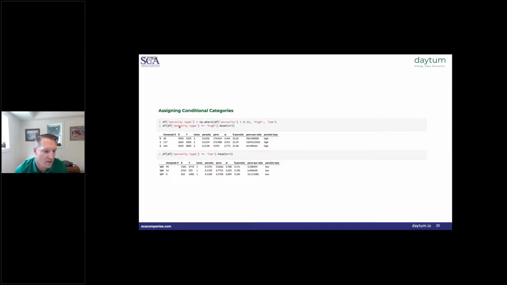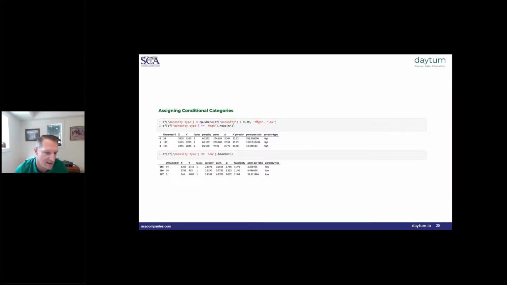We can also use some NumPy commands to create conditional categories. In this case, we use this NumPy where command, which allows us to basically do a comparison. So we're going to say wherever the porosity column is greater than 0.12, we want to assign that a label high.